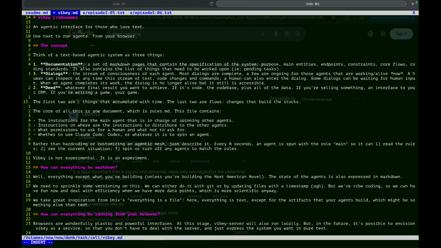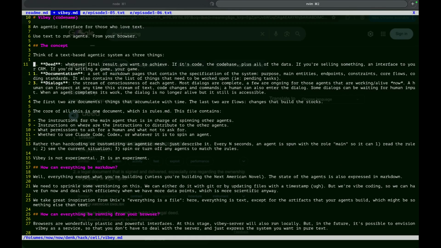First two are documents. The last one is a flow.